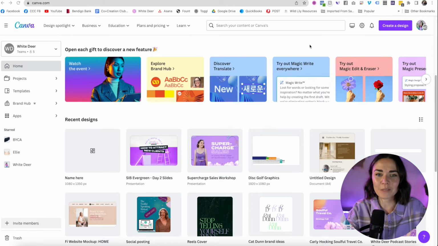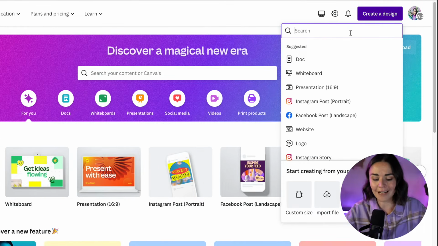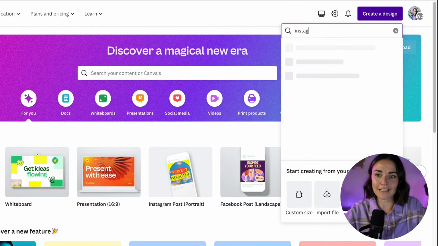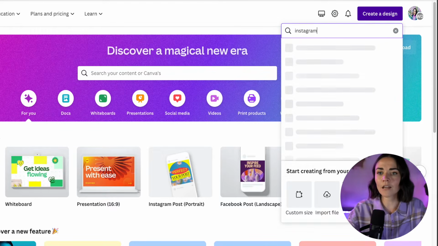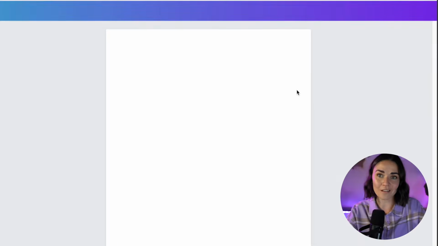Firstly, the size you're going to want to do in your Instagram is a portrait size post. Canva can do landscape, can do square, but it can do portrait, and portrait size is amazing because it's taller. I'm going to show you now. So all you need to do is go to create a design, press Instagram, or just type in Instagram, and then go to portrait. You'll see that this post is a little bit taller than your classic square. It also means that you're taking up more space when someone is scrolling,